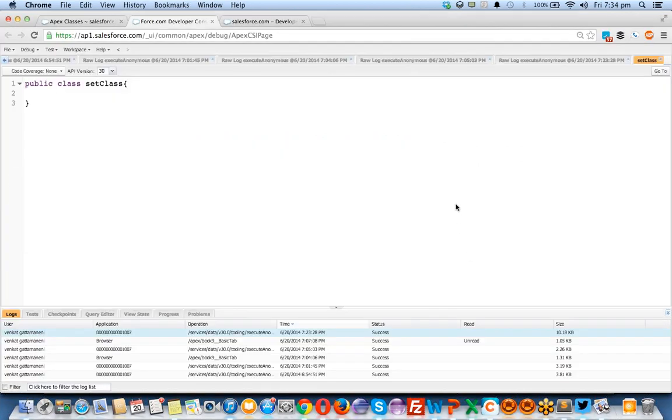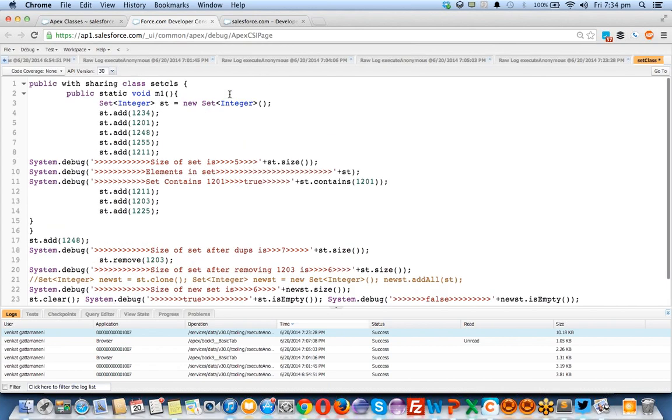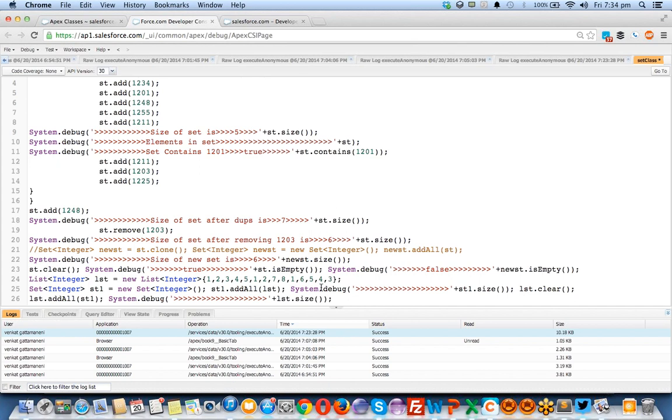Go back to the console and paste here. This is the okay with sharing set class.